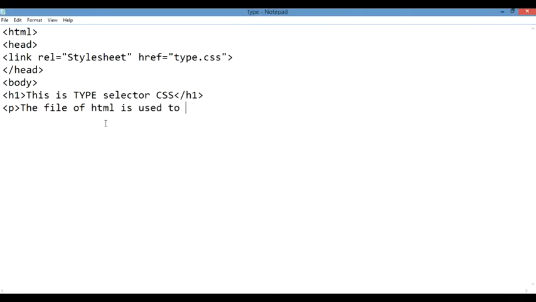So whenever I use the paragraph, as many times as I use the paragraph in this document, the selector that I have defined in the CSS file will work according to that only. Means the number of times the paragraph is used, the selector will work accordingly. That is basically a type selector. We are just selecting one particular type, that is the element, and when we execute this code, we will get the answer accordingly.